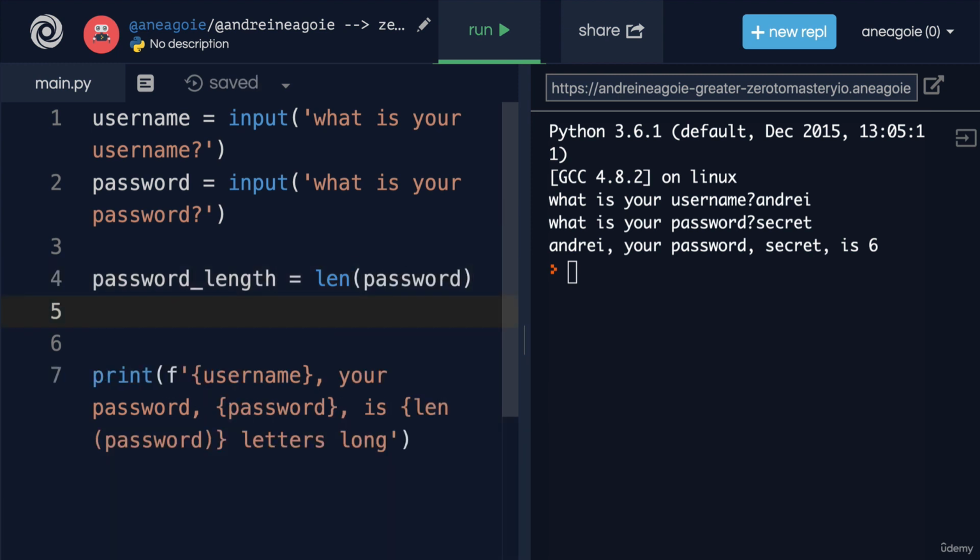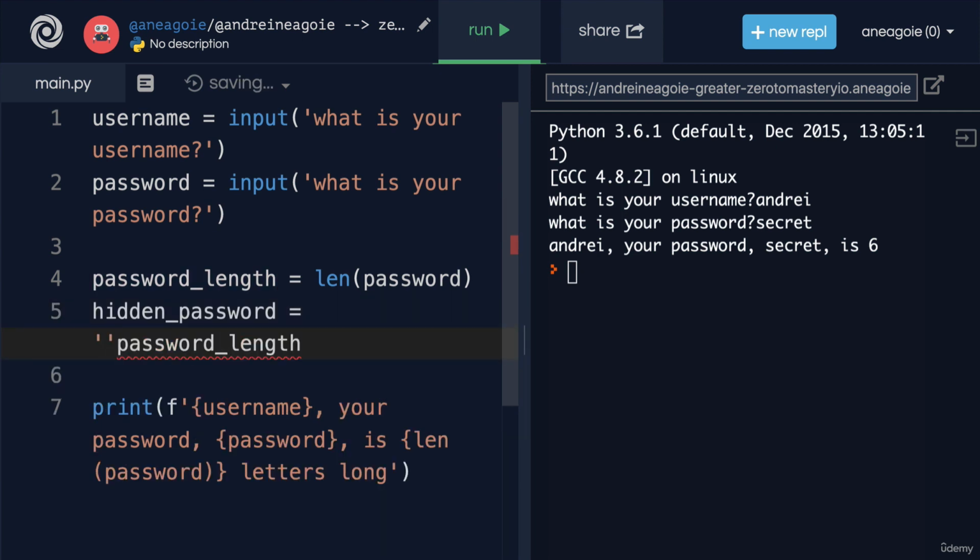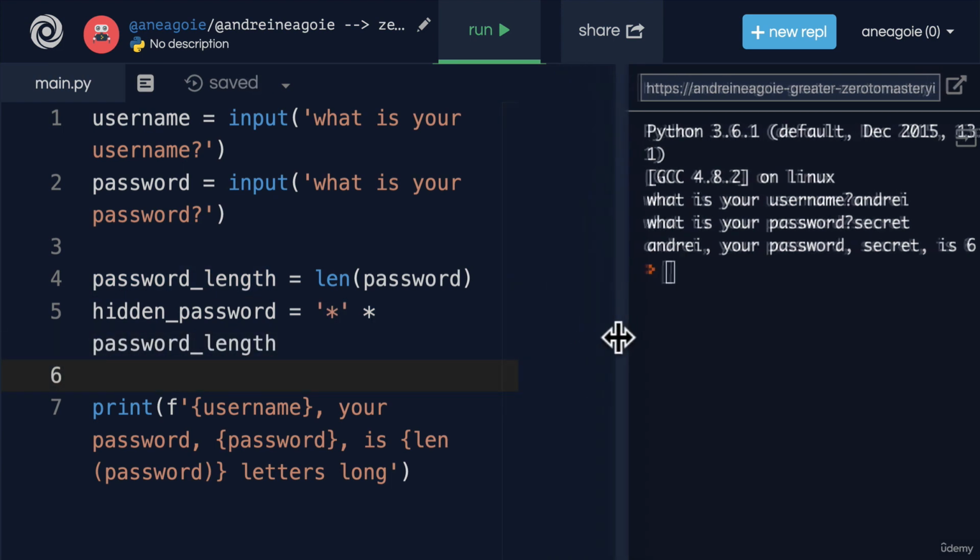And then in here, I can also have hidden password. And this hidden password will be the star string multiplied by the password length. Let's make this a little bit bigger,